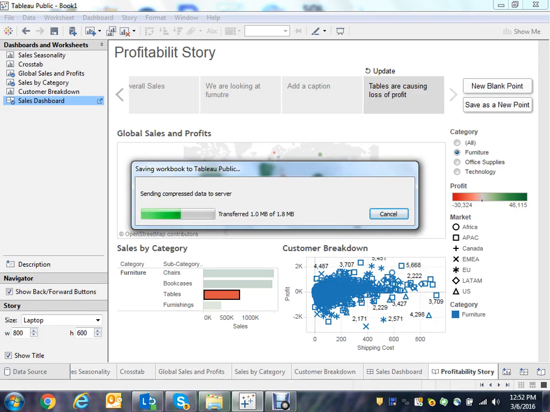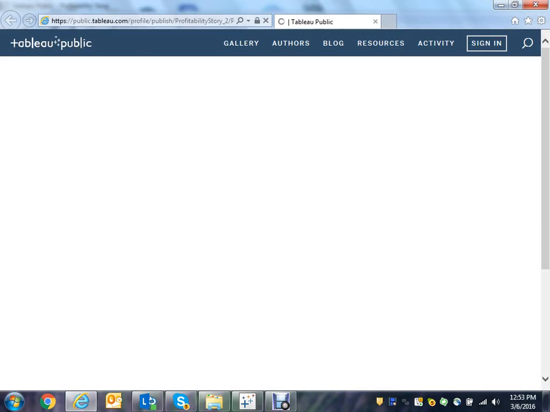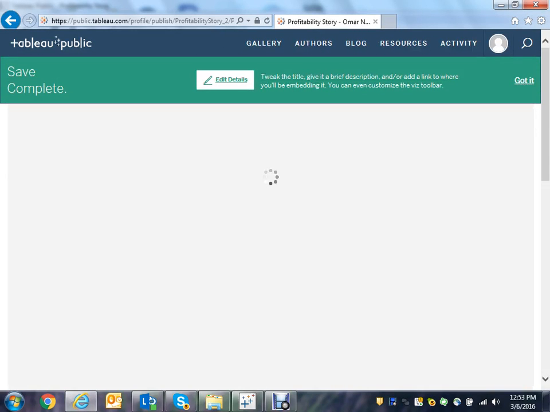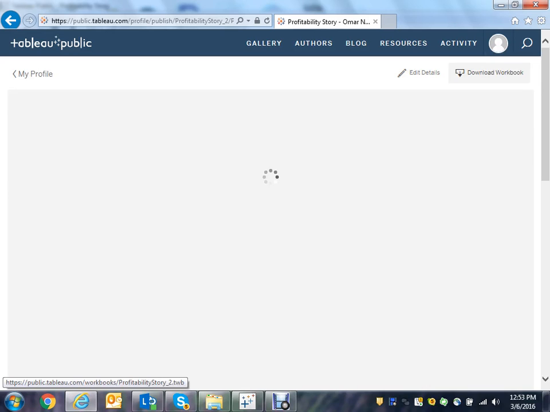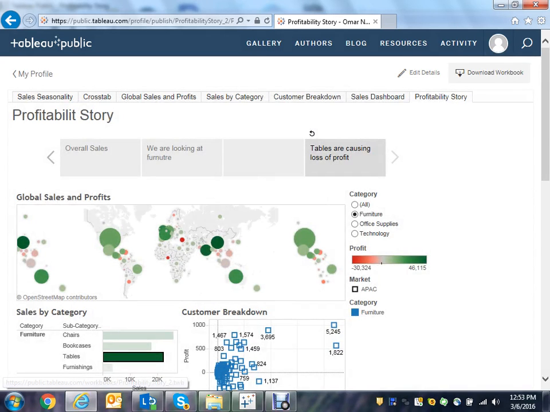Once you save it on the web, you can share the link and you can share it with anyone. So I'll show you. This is the Tableau server on the cloud. So it's saving it there. You can edit some name, etc. when you're saving it there, but I don't want to do that right now. And there's a download option also. You can download your story,